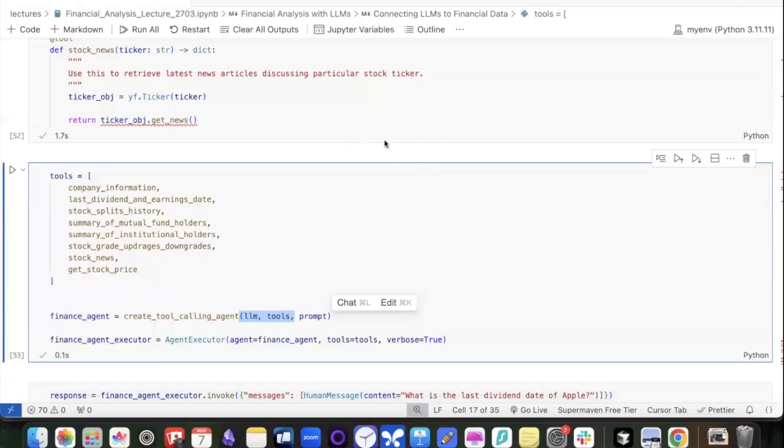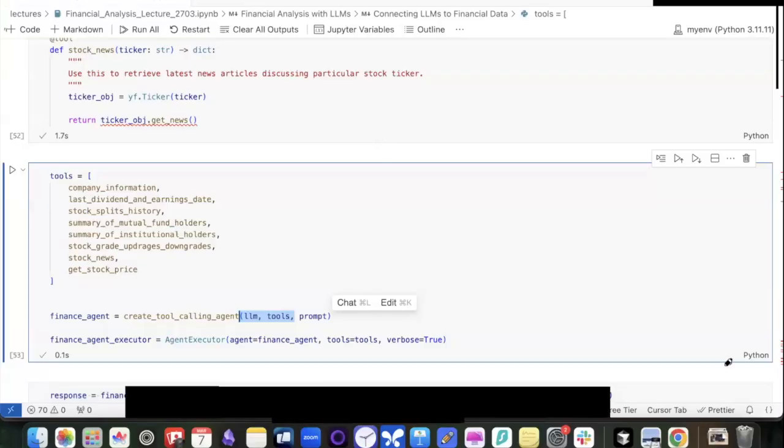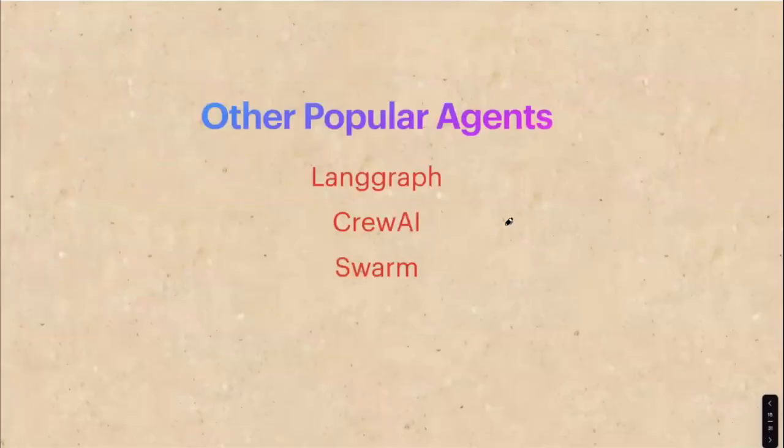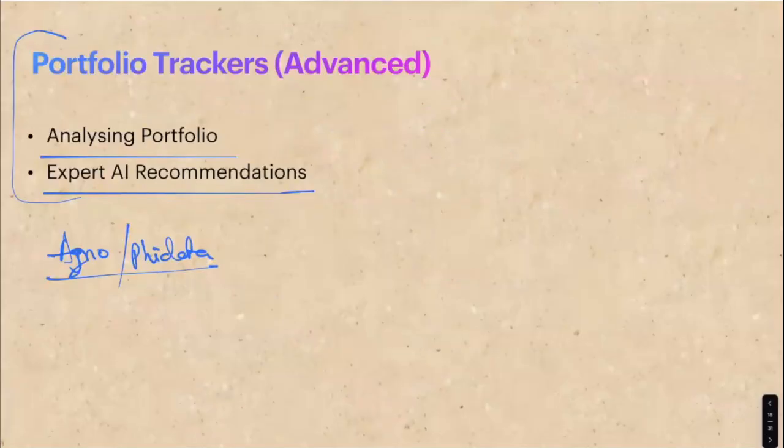Yeah, someone is asking about smolagents. Yeah, smolagents is also one of the agent libraries, so you can use that also. So there are n number of different libraries. So let's say there is LangGraph, there is CrewAI, there is Swarm, there is PhiData, there is smolagents, there is Pydantic AI. So there are a lot of popular agent libraries. So you can use anything. So for this session, I just chose LangChain because it's most popular and PhiData because it's more simple. But otherwise, you can choose any agent library of your choice.